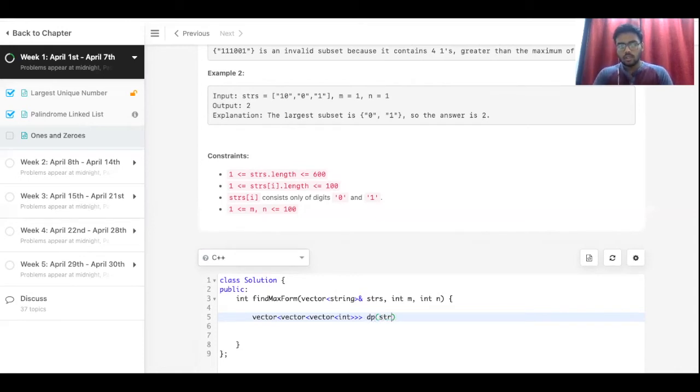So dp strs.size plus 1, vector int, m plus 1, vector int, n plus 1. All right, now here we return a function. I call it memo, and I'll be passing dp, start, which is basically the index that we start from, so that would be initialized to 0. We'll be passing m, n and strs.size comma strs.